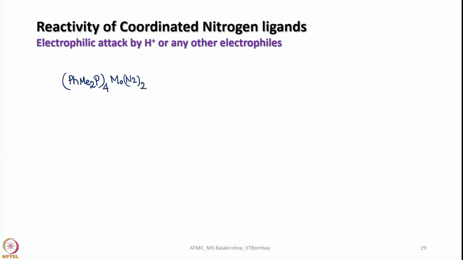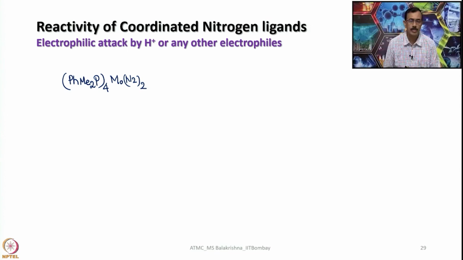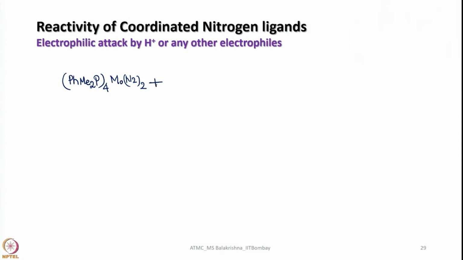So, when we have phosphines and we try to put in dinitrogen, we should remember we should go for very strong sigma donor ligands. Among phosphines, if we have alkyl groups, they are good sigma donors. From that point of view, you can see in most of these reactions we are using alkyl bound phosphines, not the aryl, and of course here, to have some moderate sigma donor ability, one can also replace one of the alkyl groups with aryl groups such as phenyl. So, when this compound is treated with HX,